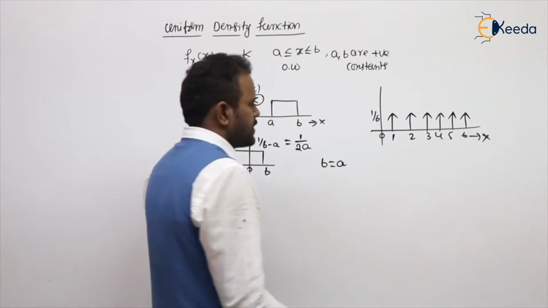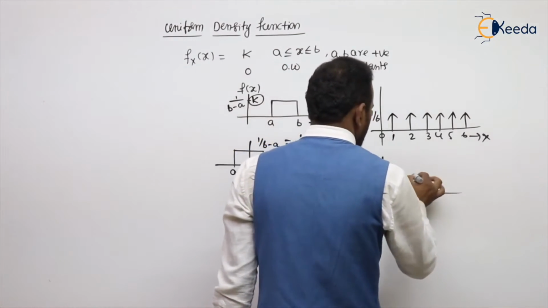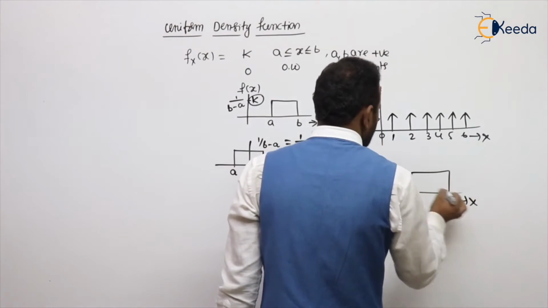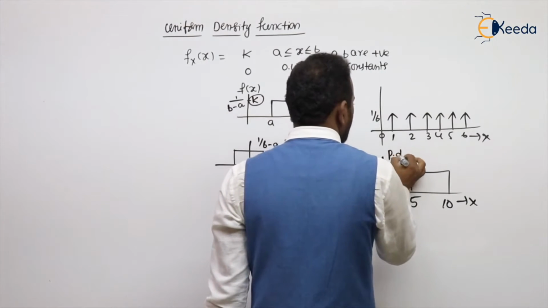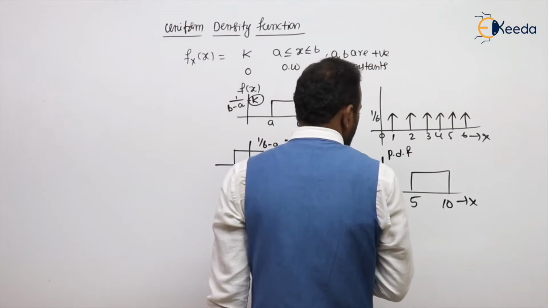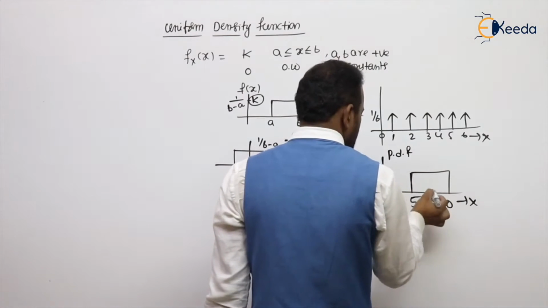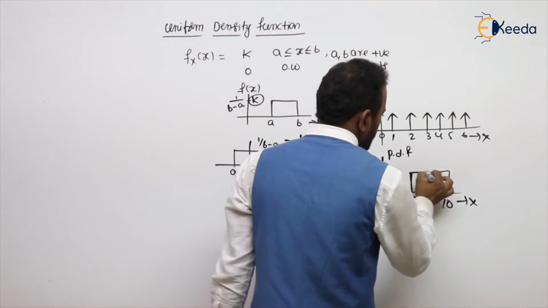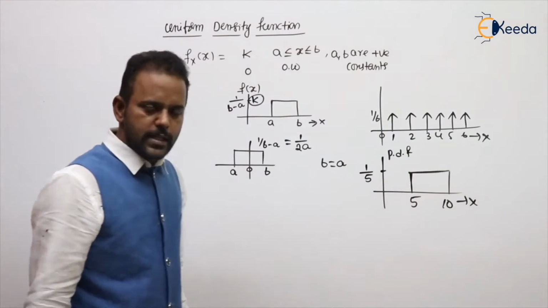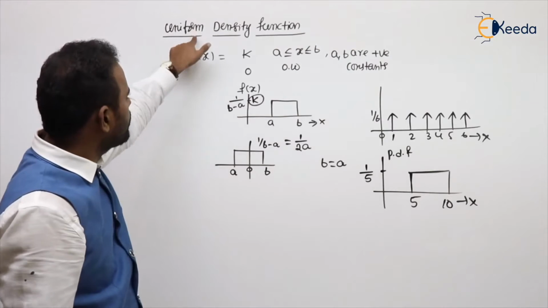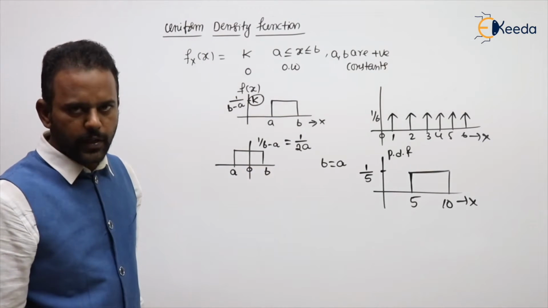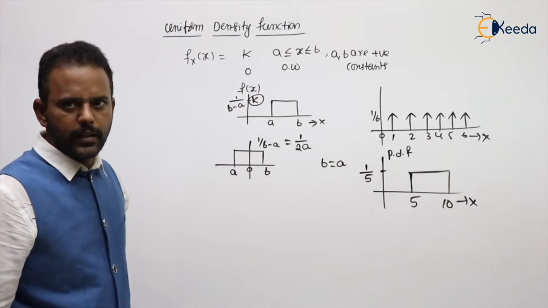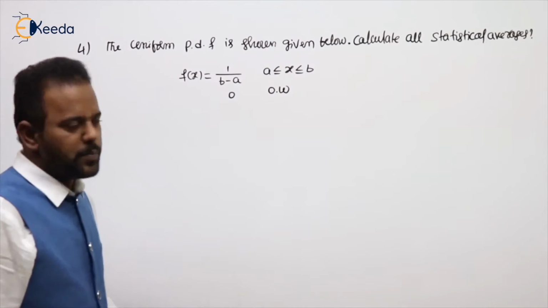Suppose if I have some continuous random variable whose PDF is like this, suppose existing from 5 to 10, this is continuous, they given the PDF. If it is a continuous random variable and they given like this, what is this value? 1 by upper minus lower limit, 1 by 5, and this PDF is also uniform and constant. Such type of PDFs also called uniform density functions. Are you getting my point? Uniform density function means it should be constant. Clear? Yeah.